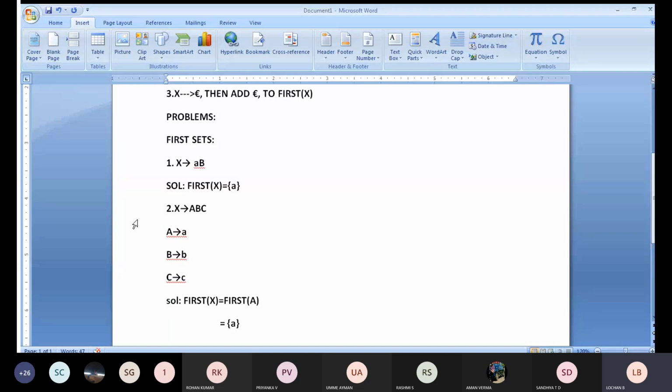For example, in this particular problem, if they had given B, we would have solved the next particular B. The production would have been continued. In that case, small letter B was there, so we would be applying B here. In this particular case, we got only the small letter A. We are going to stop the production at the first of A itself. We will not continue here.